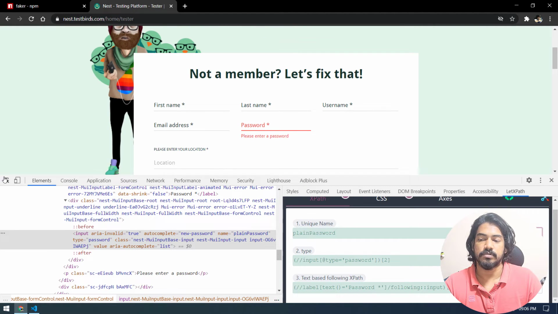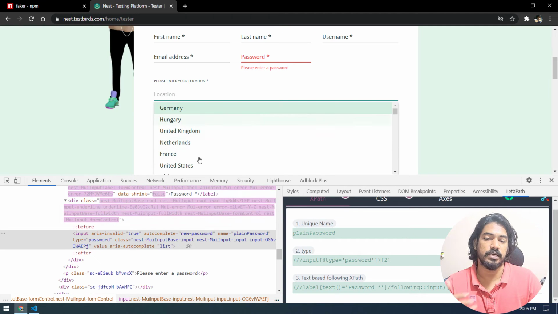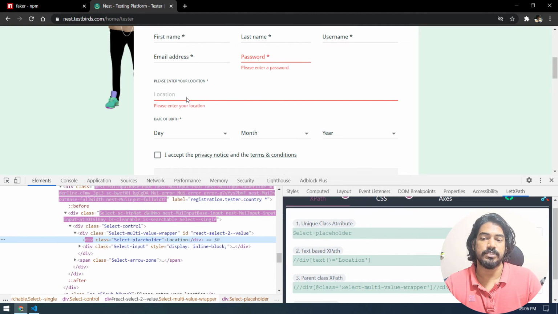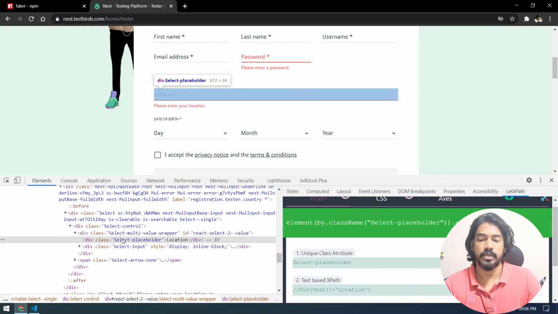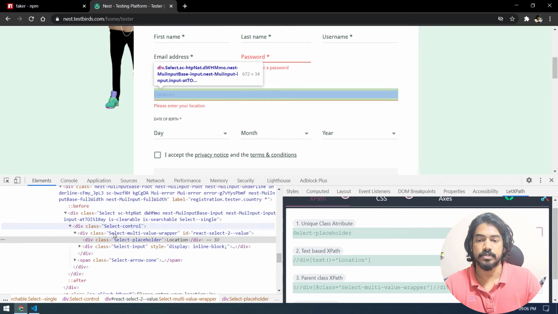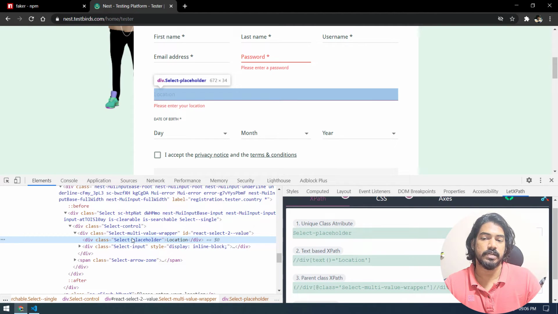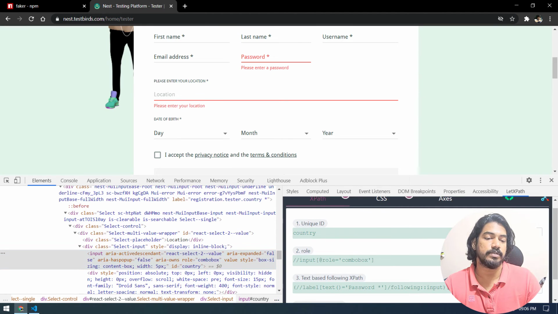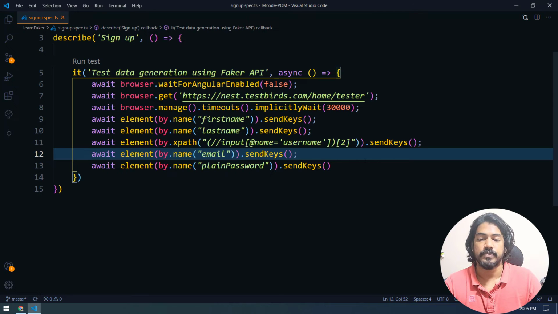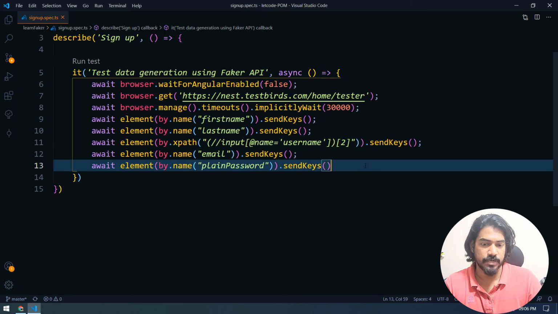Lastly we have this location, but this location is kind of a pop-up, where you have to type and enter. We are interested in the test data, not in handling this kind of thing, but still I like to type on this. Okay, and here if you notice, if you inspect this, this is actually within the div tag. So do I have an input? Yes, I have input here, so this is where I have to type, and we can copy this one and use the send keys. Okay, so we're done with the scripting part.